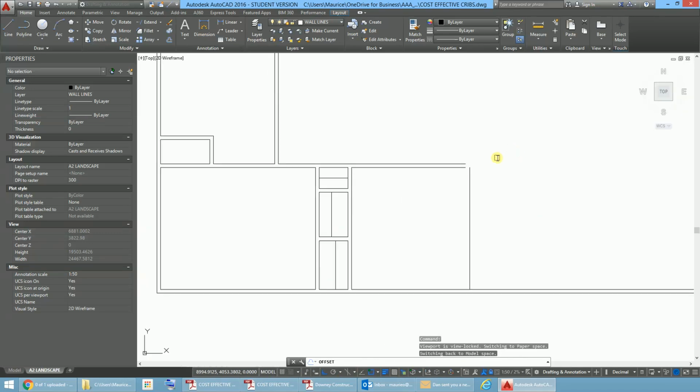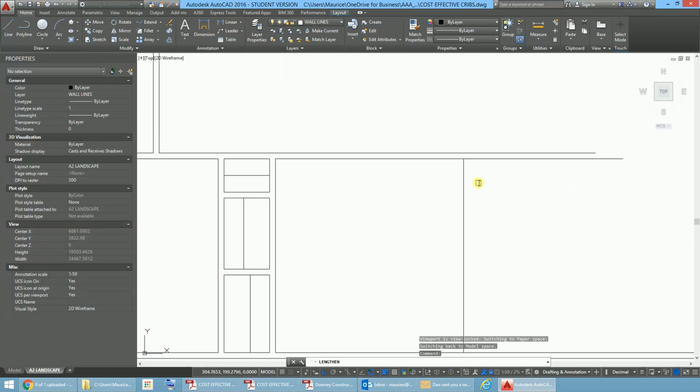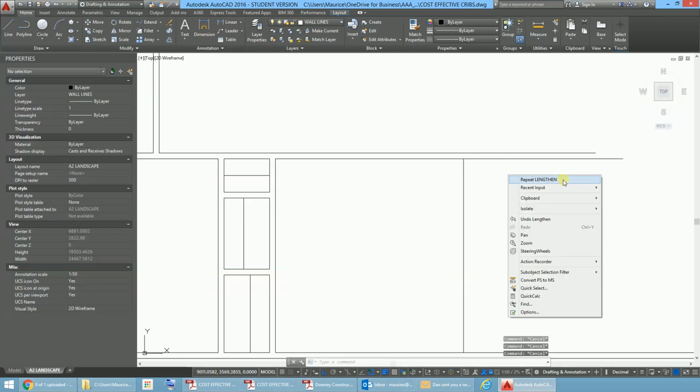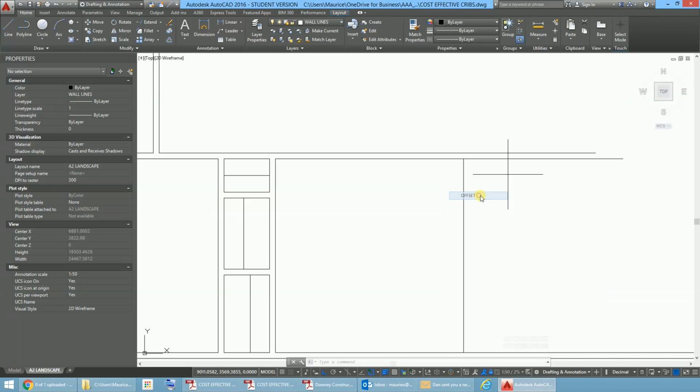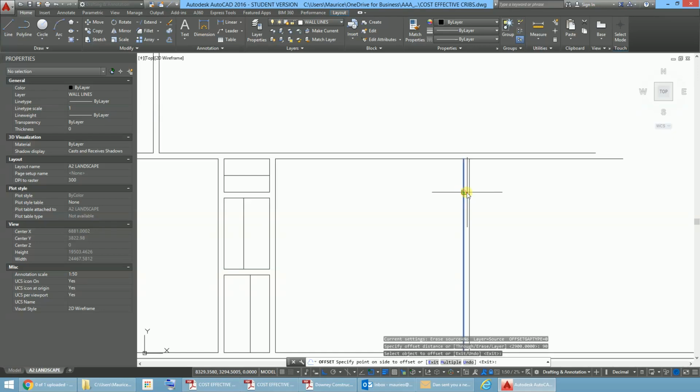I'll just introduce you to another little tool I sometimes use, and that's called LEN. So escape, make sure you got the full cross here, LEN, which is length, and then I go DY, which is dynamic. So, and that enables you just to grab a line like this here and just pull it along, extend it in any way you like. So that's all good there. Okay. So let's use here, we can go repeat input, repeat the offset, and it's 90 there, and bang bang,